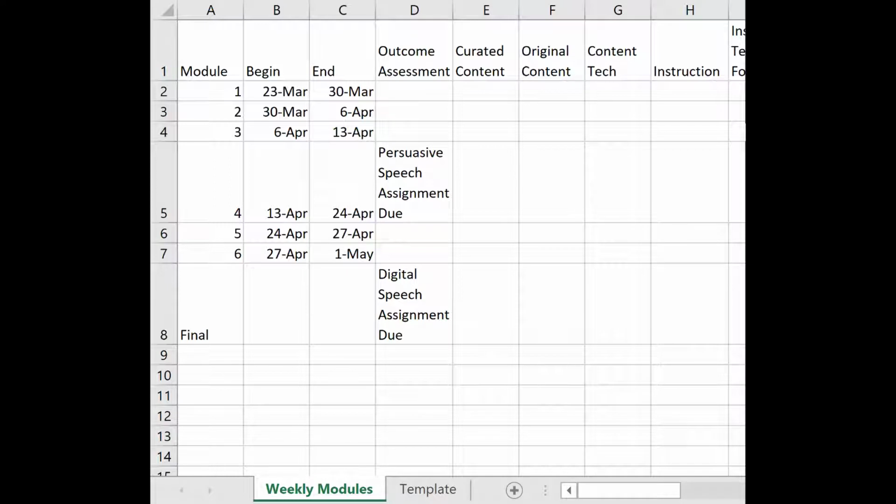I'm too afraid I'll lose students if we don't have at least weekly check-in points. I want to see my students and check in with them at least once per week. That way, if anybody starts to slip off, I'm going to notice right away. So I think this is the best way forward for me.